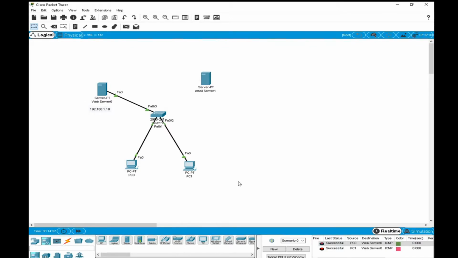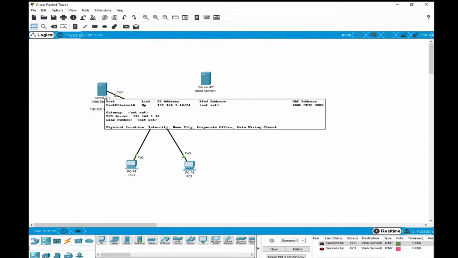An email server is the same as your Gmail. It stores and sends email messages to email clients on request. We often send and receive email on our mobile device and computer. Now let's configure the email server in Packet Tracer. Keep in mind that although our main focus is configuring the email server, we still need the services of DNS, which we already configured. We already built this topology and will make the connection here.